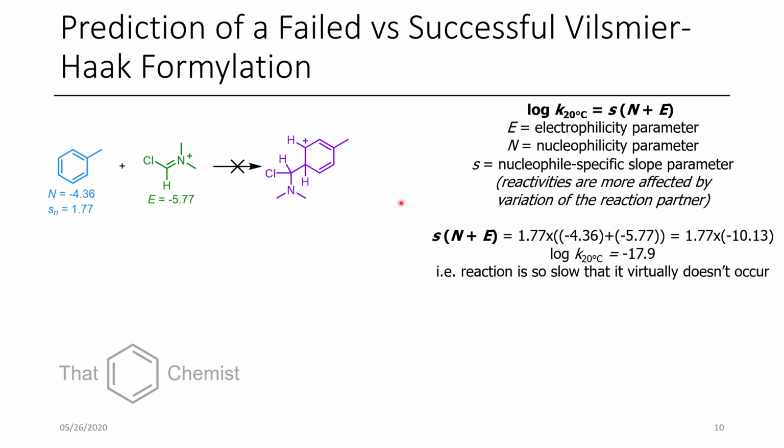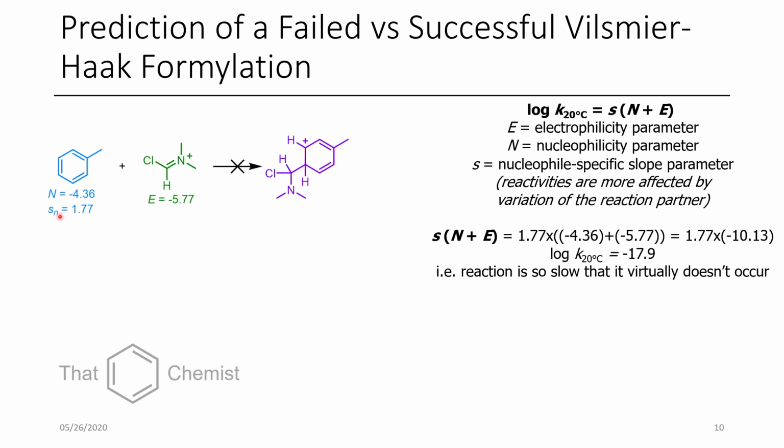Okay, so let's see if we can predict which benzene ring containing compounds will react with an electrophile like Vilsmeier-Haack reagent. So here we can see toluene has an N of -4. Vilsmeier reagent has an E of -6. We can just do some quick math, add that up to -10. -10 is already much lower than -5. It probably won't react. Now it gets even worse because in this case we can actually look at the slope